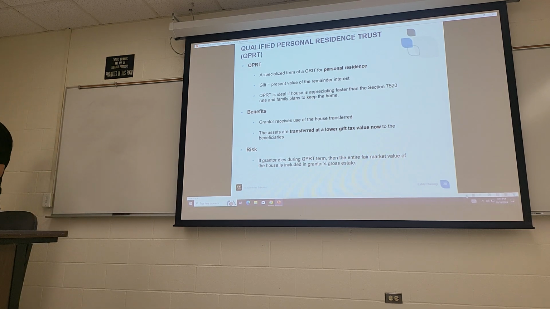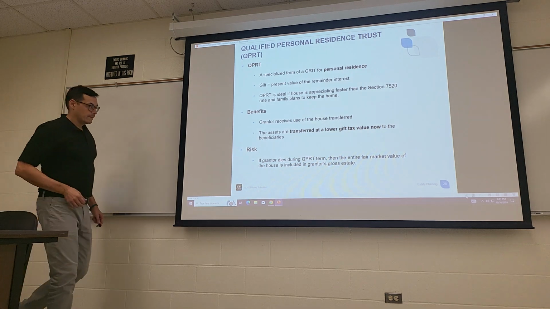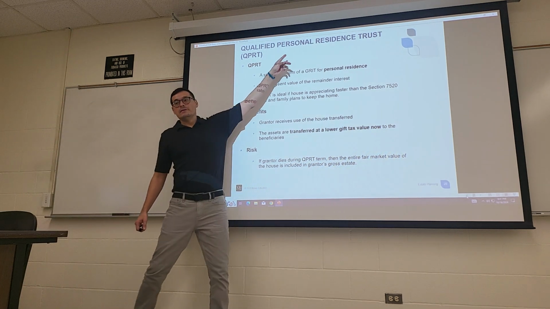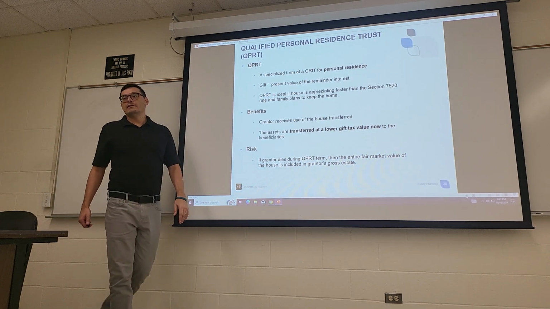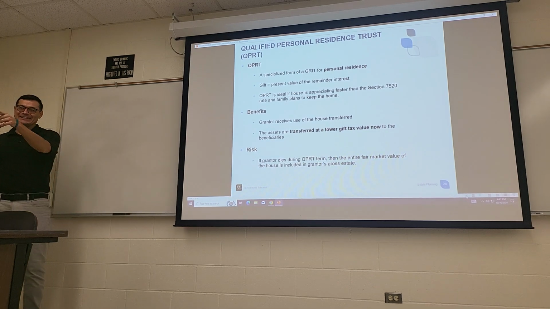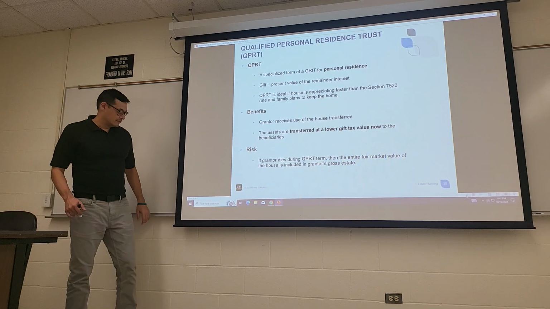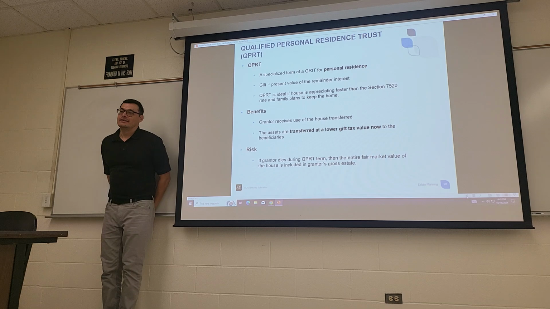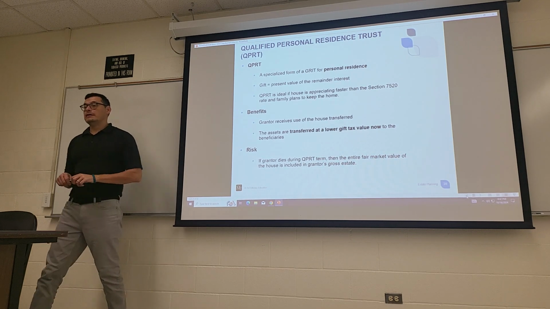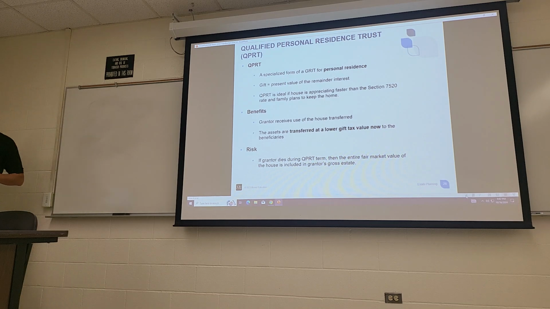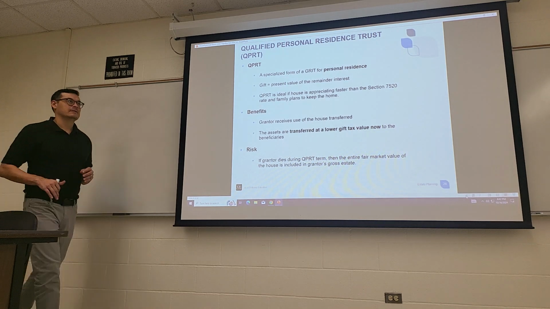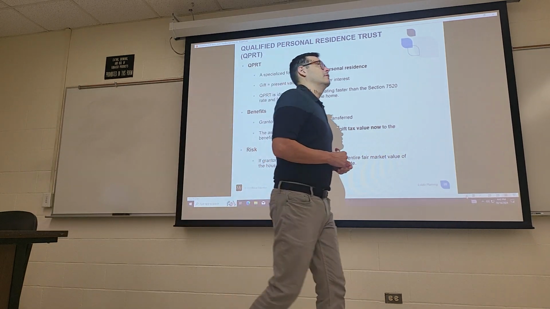Okay, so say you had bought a rental property for your kid. Personal residence. Oh, dang. I like your thinking. Say you had your personal residence, right? And you wanted to give it to your child before they went to college, so that way they could use it, so that way you could move to the beach in Florida. You could essentially avoid a larger tax bill by using a QPRT.